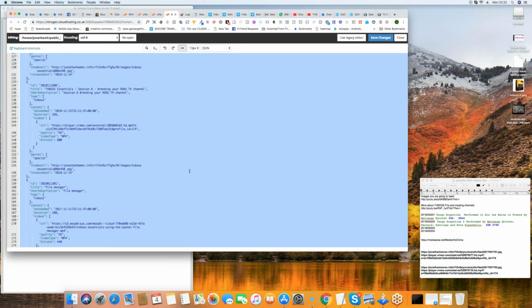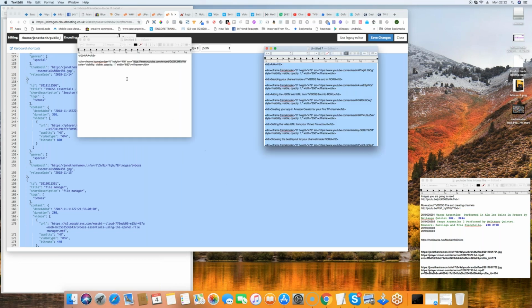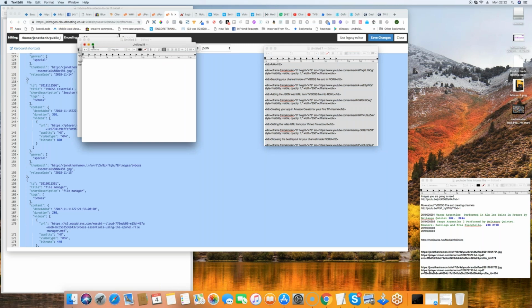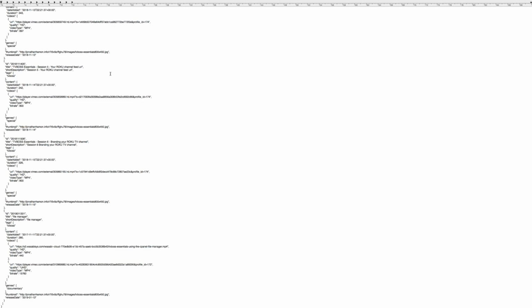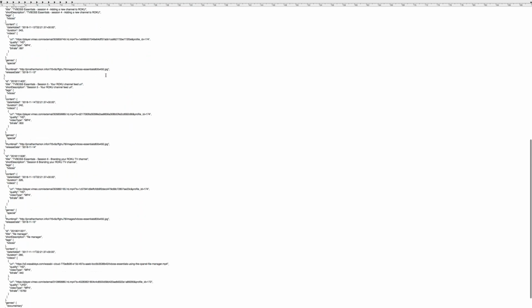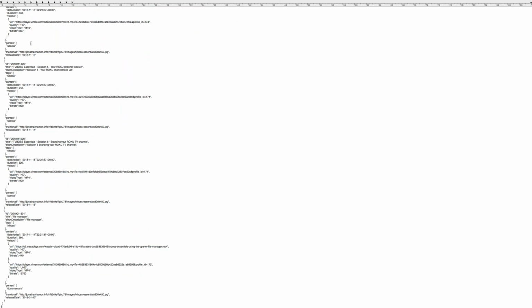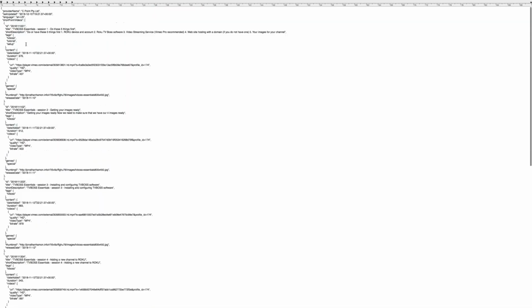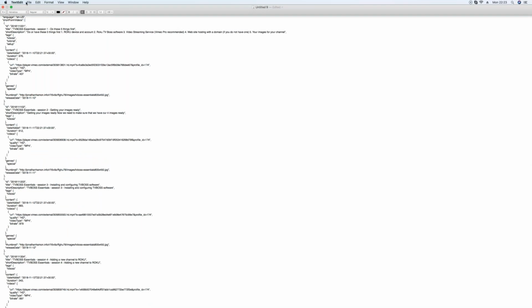Now, if I was using a PC, which often I do, then I would use Notepad++, but this is a Mac, so I've got text editor instead. So let's do a new one. I'm going to make this full screen, because otherwise you probably won't see it. And I can just paste that in there. So as I'm on a Mac, it'll be Command V. On a PC, it'll be Control V. So see, that gives me my JSON file with all my links and my thumbnails and durations and data rates and everything else. So if I was then just to save that,